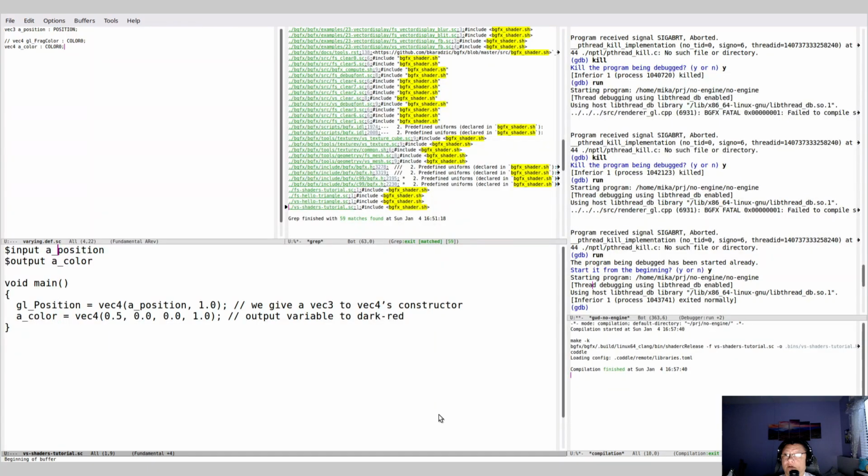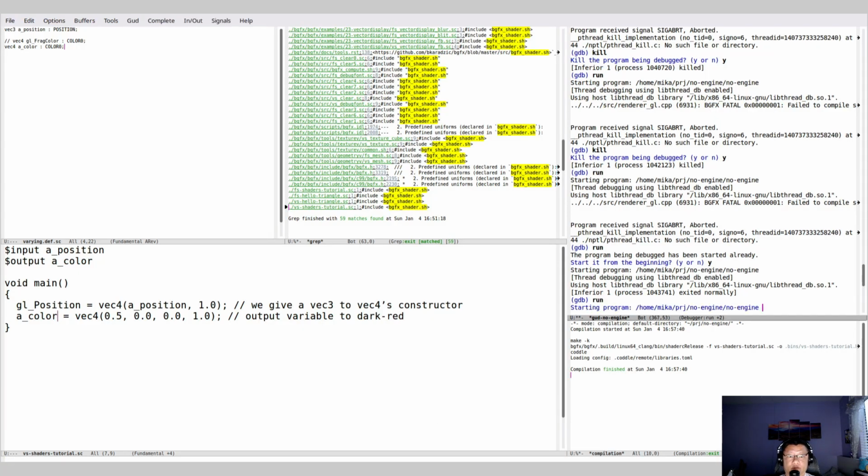Okay. Dark red. It should be dark red now. Yeah, it is dark red, but